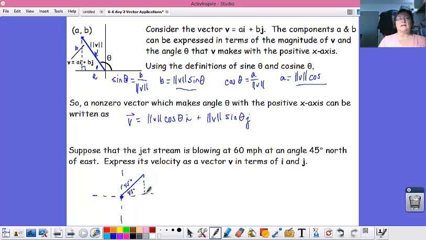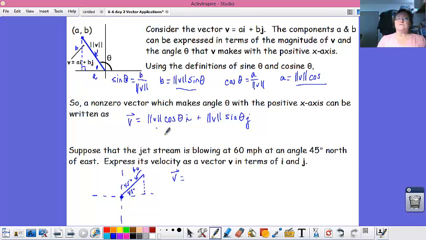And I say inside because I'm going to make it a triangle. What we know is that the magnitude of that vector is 60, and we know the angle that it makes. So if we want to write the velocity of that jet stream as a vector in terms of i and j, we have just what we need, because we know theta is 45 and we know the magnitude is 60. So this vector